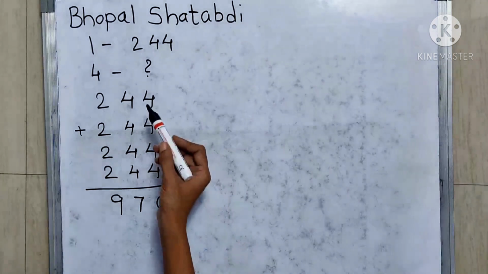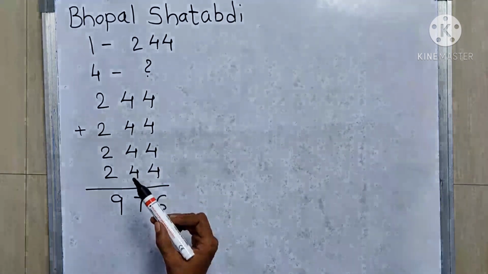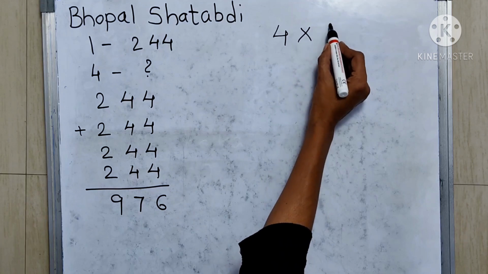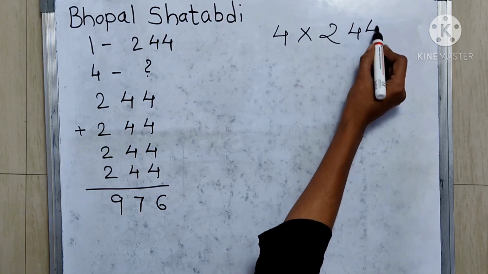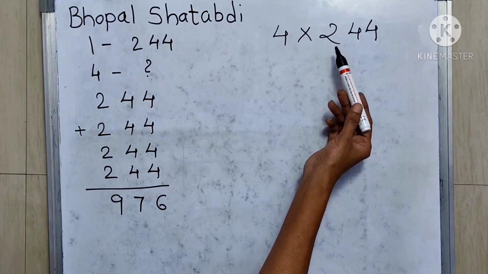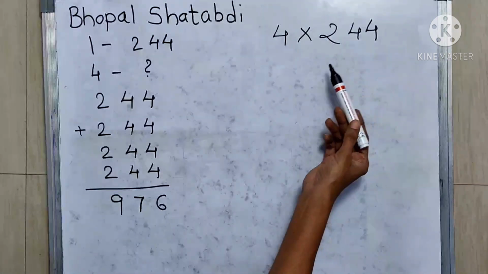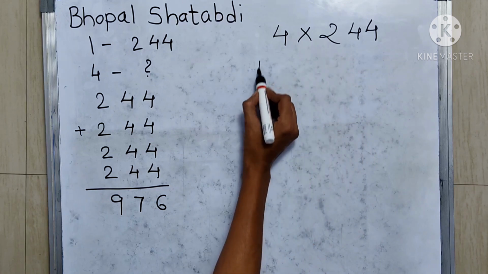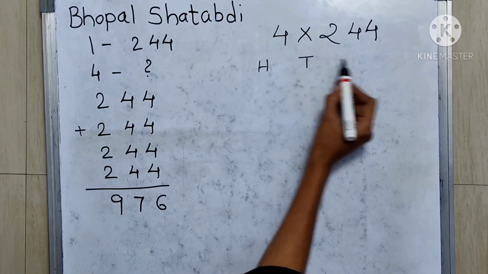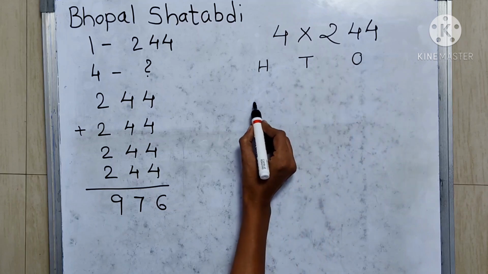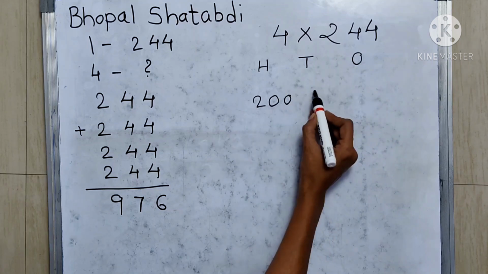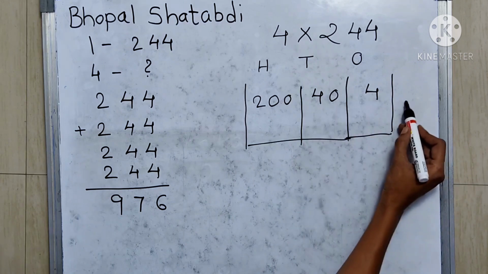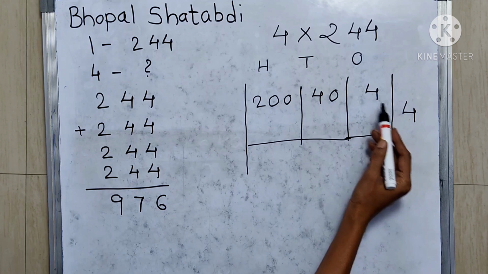Now we will solve this by using the box multiplication method, means 4 multiplied by 244. Break this 244 into hundreds, tens and ones, because this is a 3-digit number. Here 200, 40 and 4. We have to multiply this by 4. 4 4s are